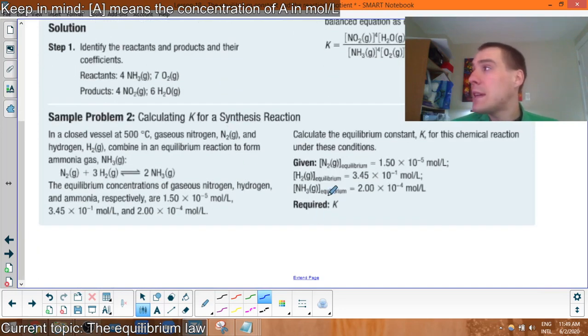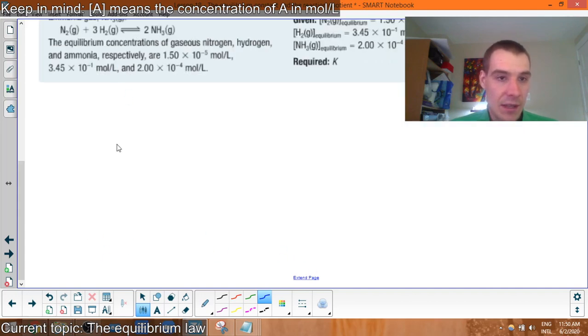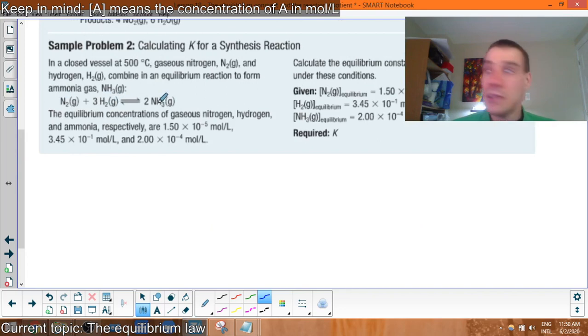And this one here is asking to calculate the value of K, the constant K for this reaction, and you get the equilibrium concentrations of nitrogen, hydrogen, and ammonia. And this is the reaction here. So let's actually write the reaction. We have N2, 3H2, and 2NH3. K is going to be the concentration of NH3. Products first, concentration of NH3, right, to its coefficient, to the 2,